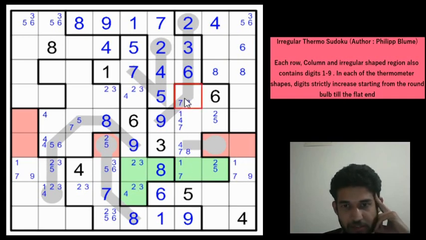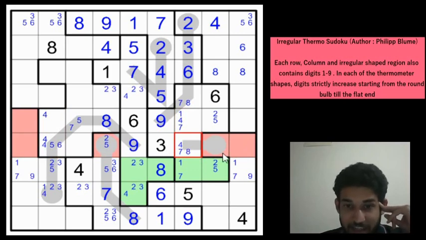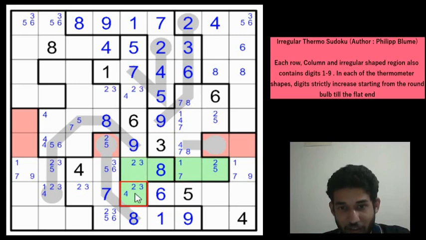Okay, if you see this column, you have the 4 in one of these 2 cells, right? And similarly, if you see this column, you also have a 4 in one of these 2 cells. Now why this is important is that we are eliminating the 4 from all these red cells. Because if you have a 4 here, you get a 4 here. And if you have a 4 here, you get a 4 here. So which means the red cells can't contain a 4. Which means that the green cells can't contain a 4. So you have a 4 here, which can be eliminated as a candidate.